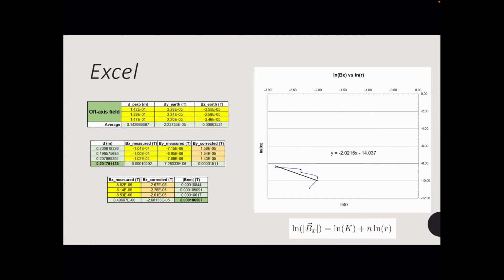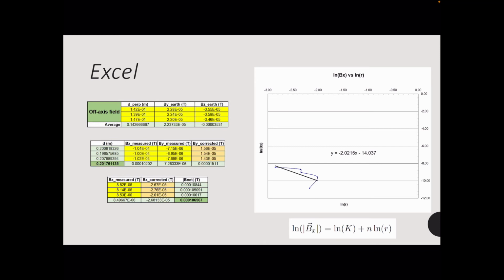I noticed that my data mostly plotted linearly until I added my data for a net magnetic field around 220 microtesla. So I repeated this one 9 times. However, I still ended up with a weird graph. Using this equation, n is determined to be negative 2.0215 and ln of k is negative 14.037. The value for n is significantly different from what it should be, negative 3, which is most likely due to